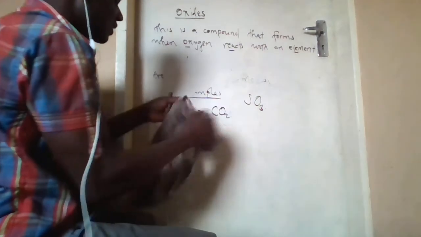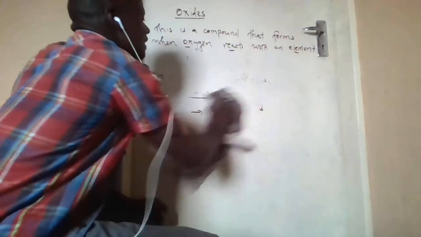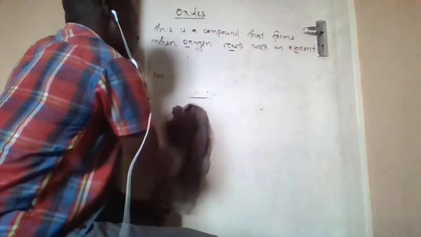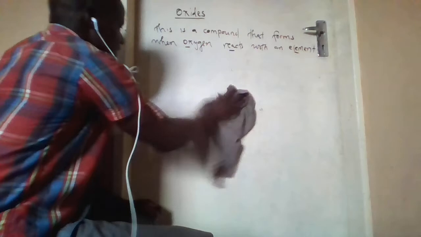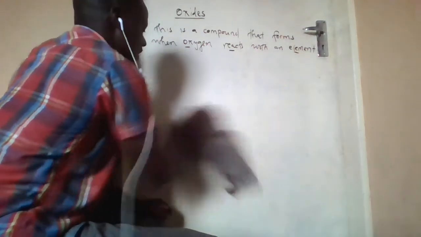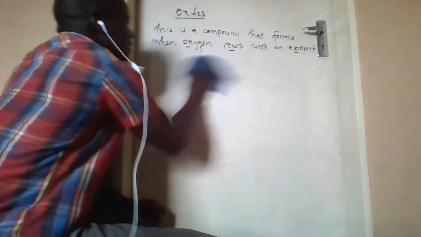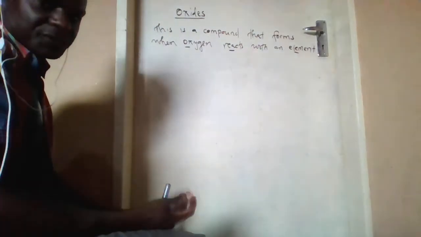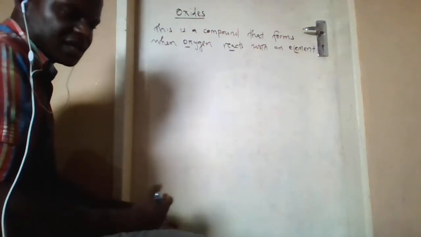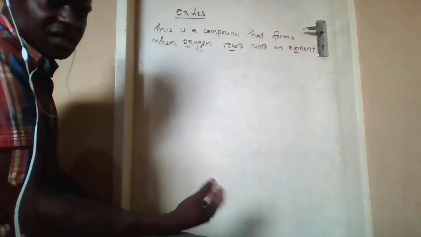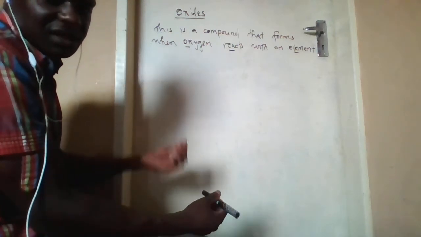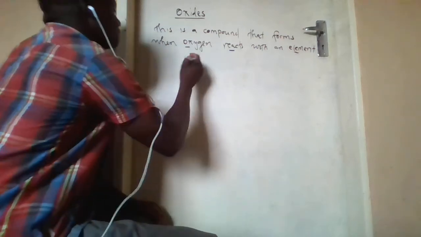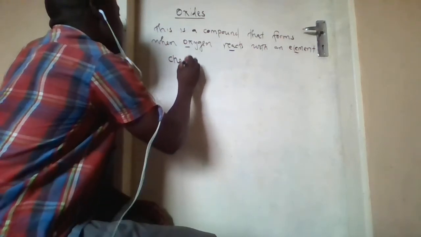What we can say about these acidic oxides is that they react. They're also soluble, because for them to react with water, it means they are soluble. So one of the characteristics is that they are soluble in water, and when they react with water, they produce an acid. At times they'll give you an example of an oxide, then ask what type of oxide it is. If you give its type, they'll also ask you to give the characteristics of such an oxide. So the characteristics: